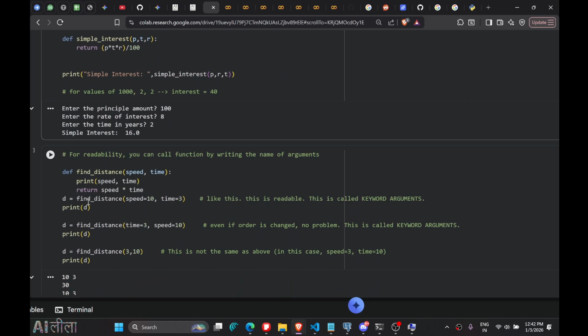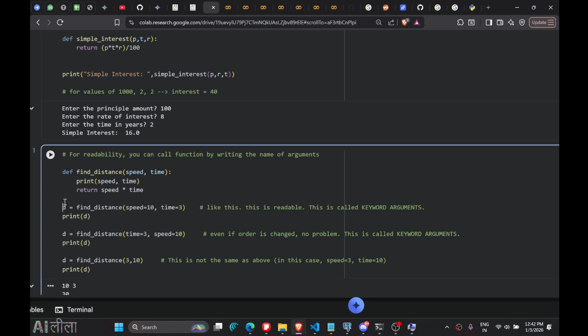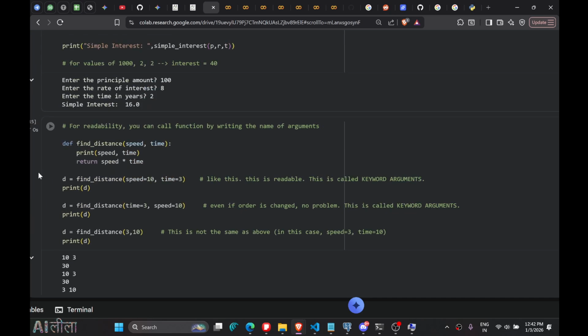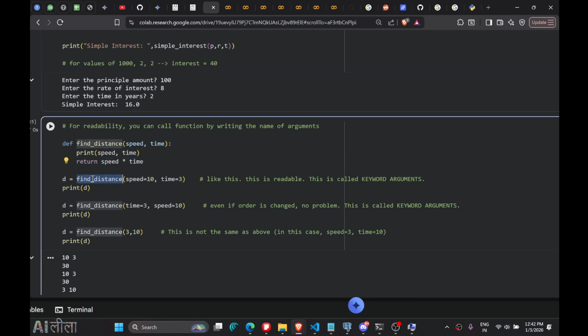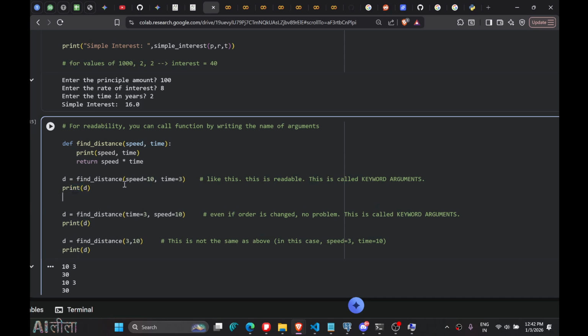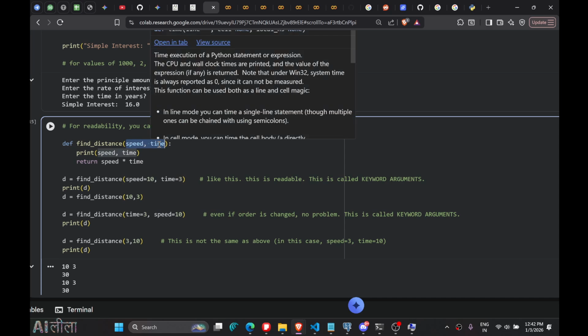Now for readability, you can also do something like this. We have this function called find distance. It takes speed and time, and we know that distance equals speed into time. While calling it, we can also pass speed equal to 10 and time equal to 3, and it will print, and it will take this 10 as speed. The other way, the standard way, would be find distance 10 comma 3. But when there are more arguments,